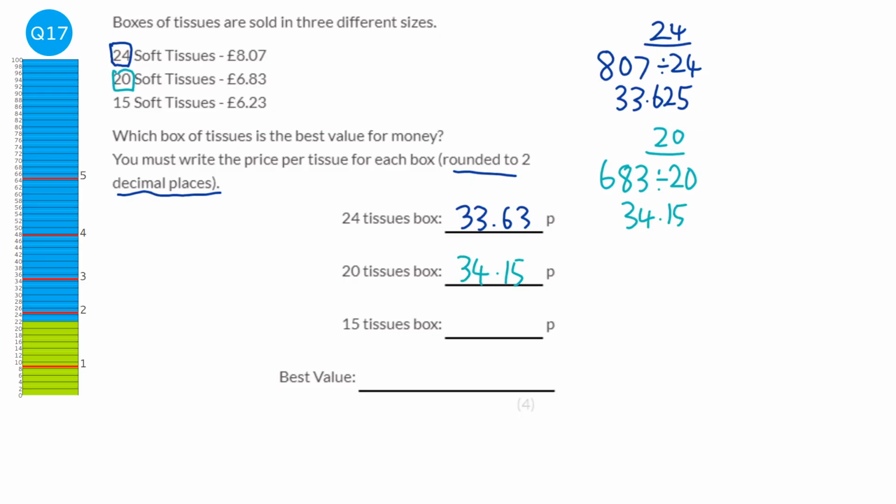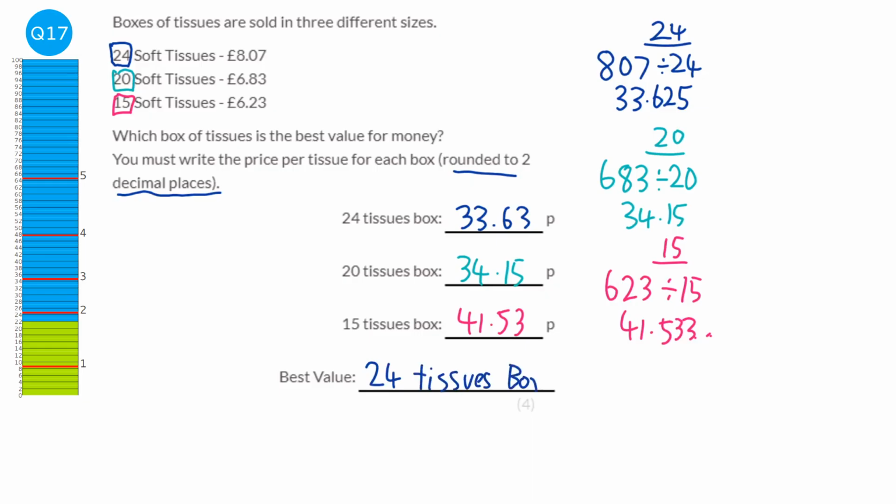And then finally we're going to do the 15 soft tissues. So we're going to do the 623 divided by 15 to find the price per tissue. It should be 41.533 and so on, and rounded would be 41.53. So if you buy 15 tissues, it will cost 41 pence. 20 tissues, it will be 34 pence per tissue, but 24 tissues will be 33.63. So that's by far the cheapest. The best value is the 24 tissues